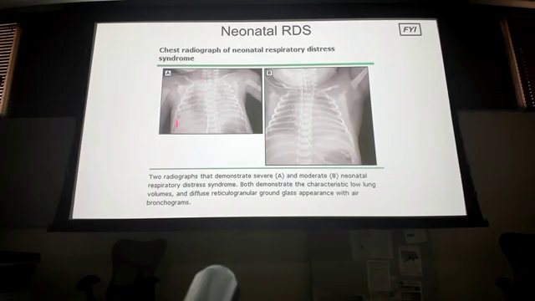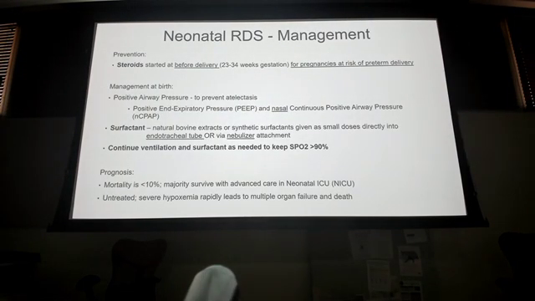That's where those alveoli are collapsing, the fluid overload from the capillary, right? They're putting too much fluid in their lungs and they're not keeping those alveoli open because they don't have enough surfactant. How do we prevent this? Right? So we give steroids to mom, which is good in the hopes of, if you give it prematurely, that's going to kind of expedite the lung development.